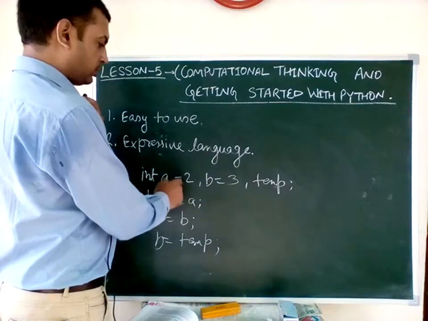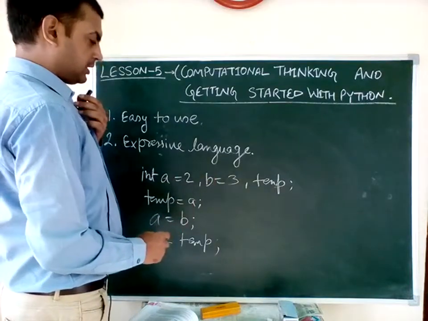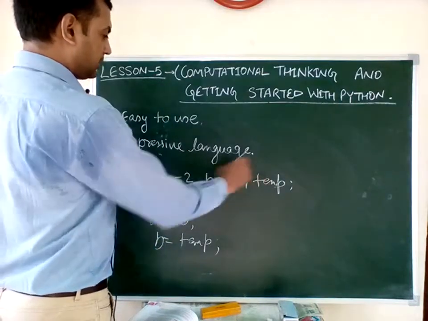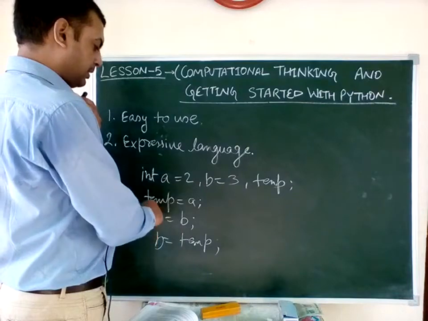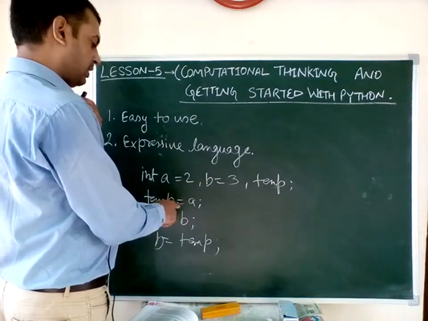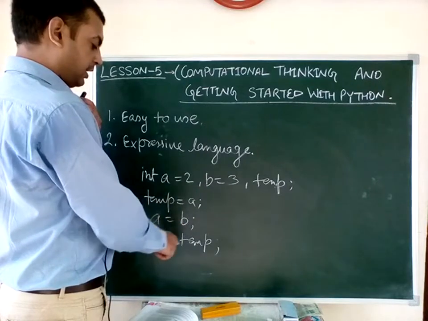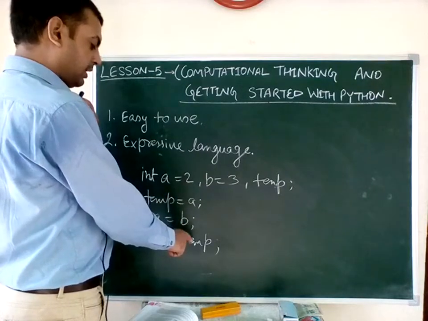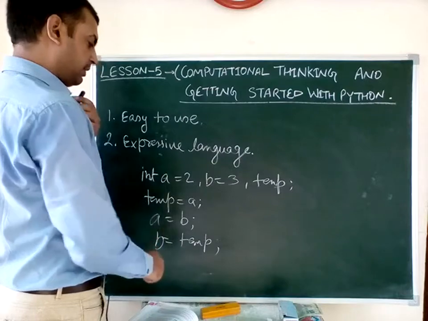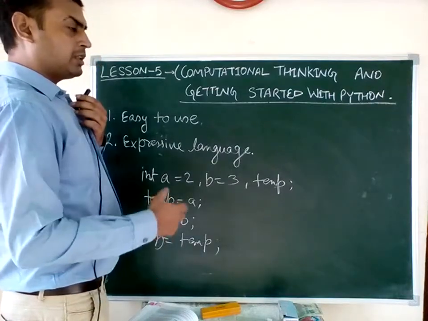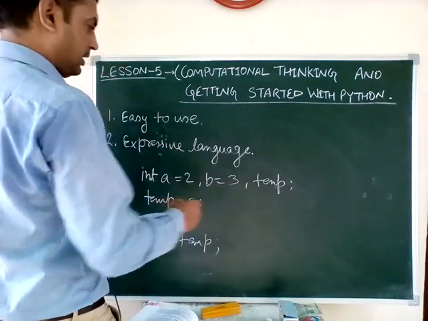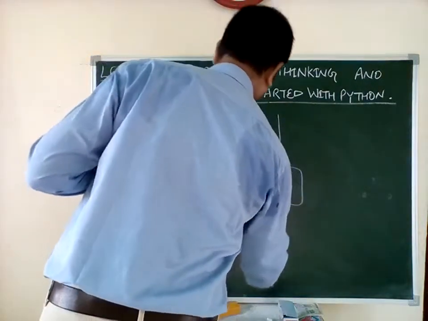In this, a is 2 and b is 3, and then temp is a variable of integer type. Then you have given the value of a to temp and the value of b to a, and whatever value temp has will be copied to b. So basically this is the method to swap numbers, but in Python